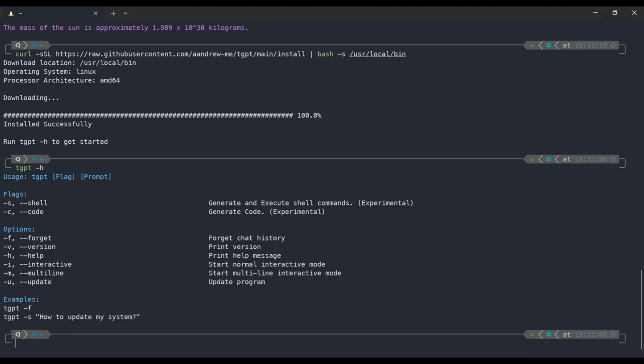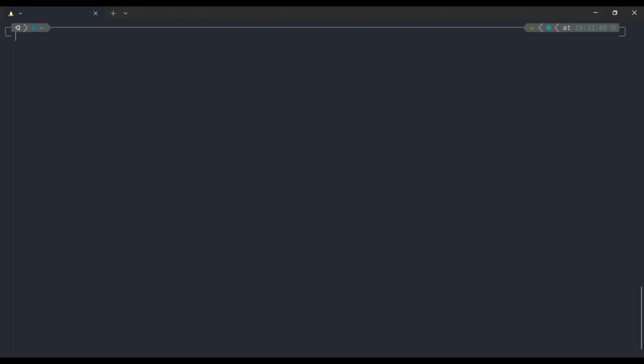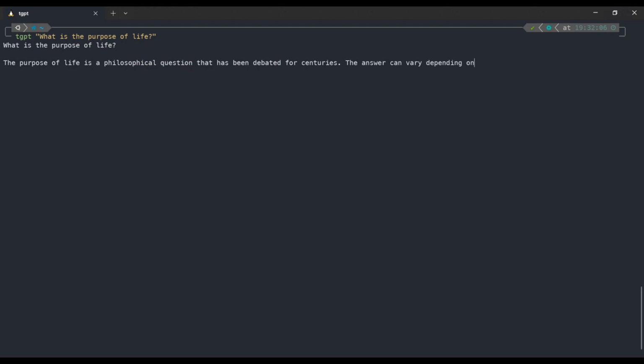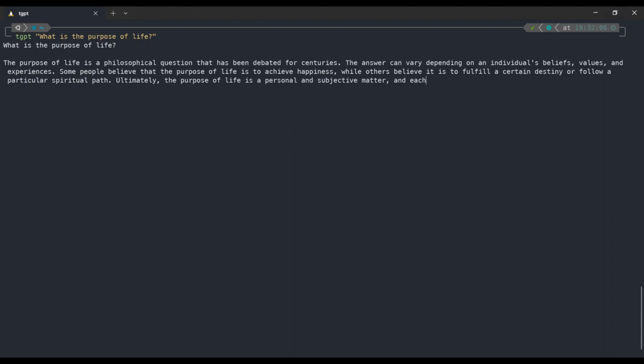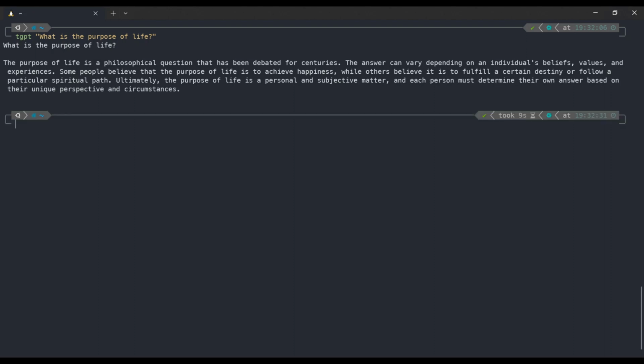So for example, I would like to use it. So let's see. I will ask the same question, and I will clear the screen. TGPT, what is the purpose of life? And you can see it's answering the question. So actually, this is the way it did it, and you can see the same way as GPT working. I will use it. What is the purpose of life? And I will do the comparison,